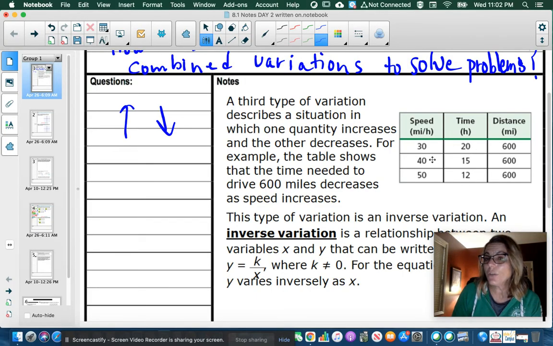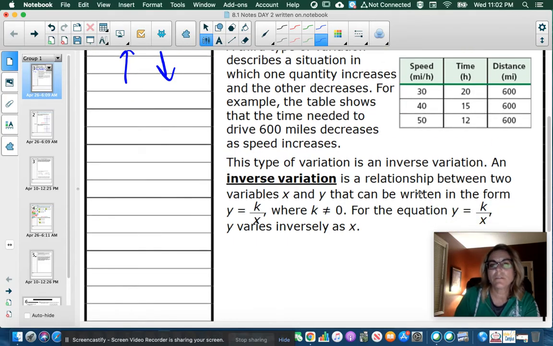If I increase my speed to 40 miles per hour, it's going to take 15 hours instead of 20. If I increase my speed even more to 50 miles per hour, it's going to take me 12 hours to get there. The distance is not changing. That's what we're talking about in an inverse relationship,